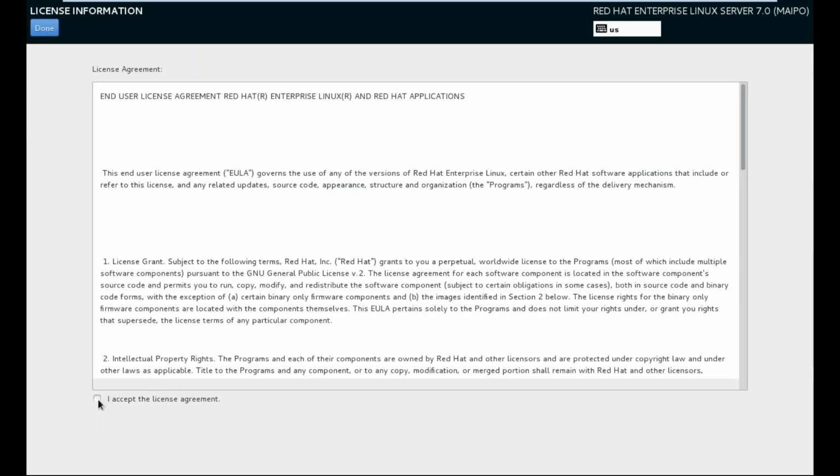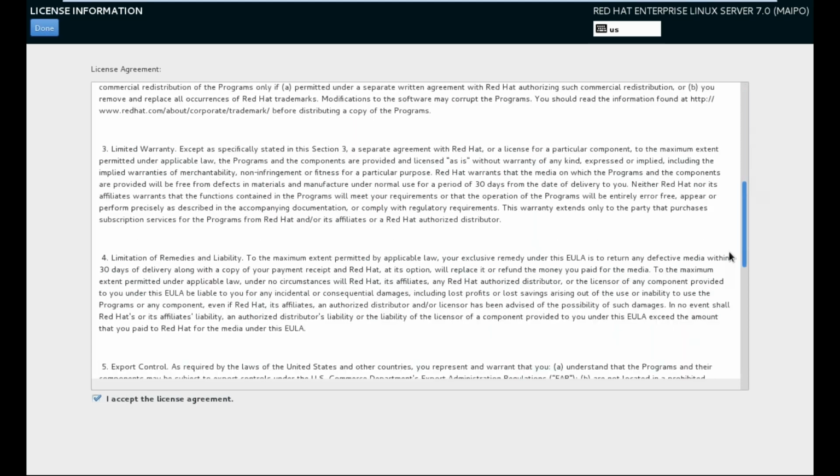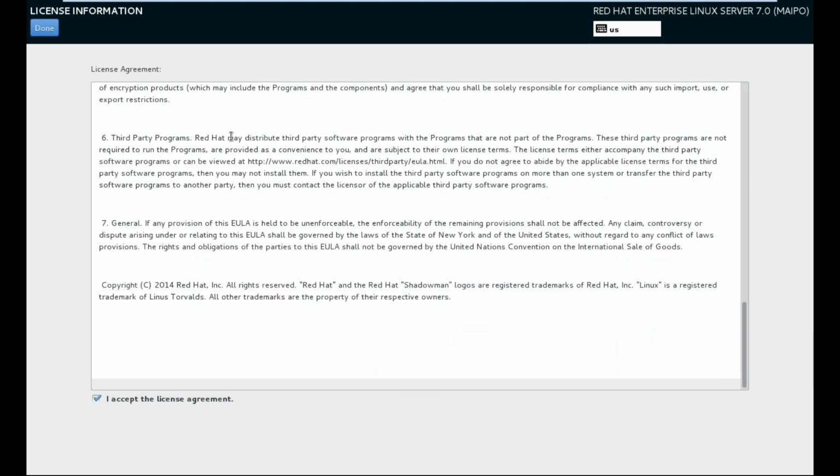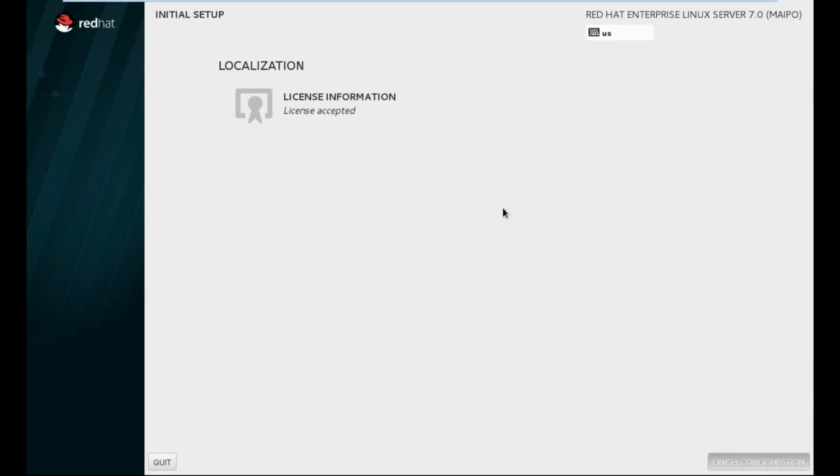So in RHL7, accept the license agreement. Done. Click on finish configuration.